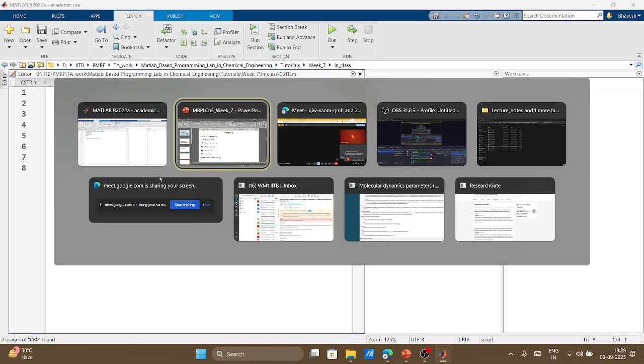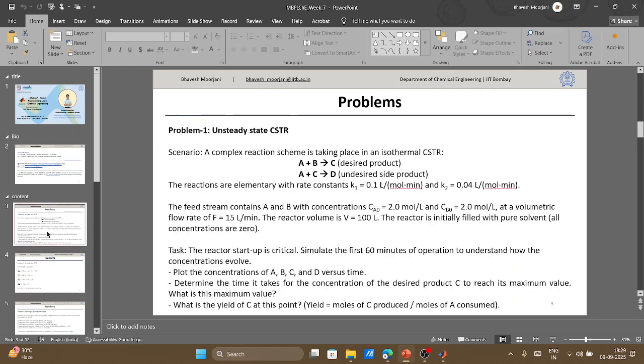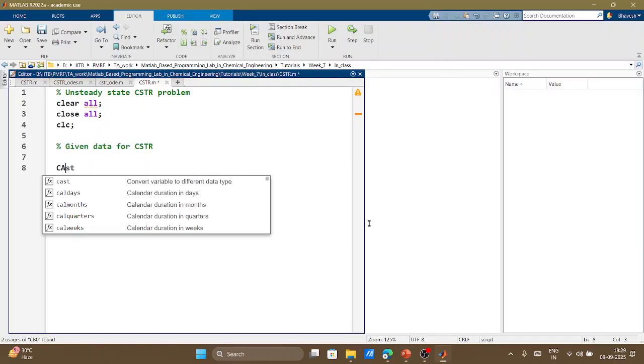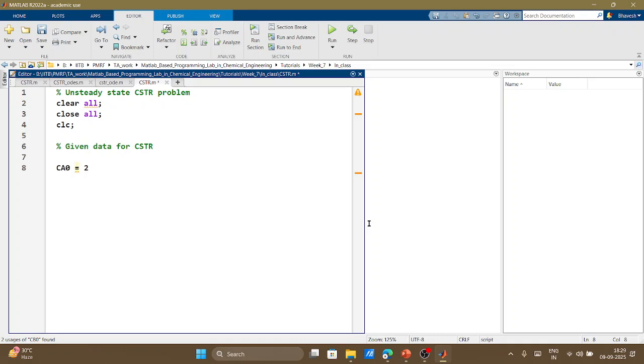So what information do we have? We have been given the initial concentration, feed flow rate and the volume. So we have Ca naught given as 2, Cb naught given as 2, feed flow rate given as 15, volume given as 100